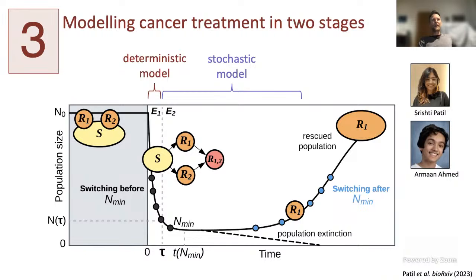The whole idea here is to exploit this susceptibility to stochastic extinction when the population size is very small. Then if you hit with the second treatment, when the tumor is at its weakest, you have some chance that the population will go stochastically extinct. And that's not captured, of course, in ODE models and deterministic models. If you apply the two treatments together, you do not capitalize on that effect.